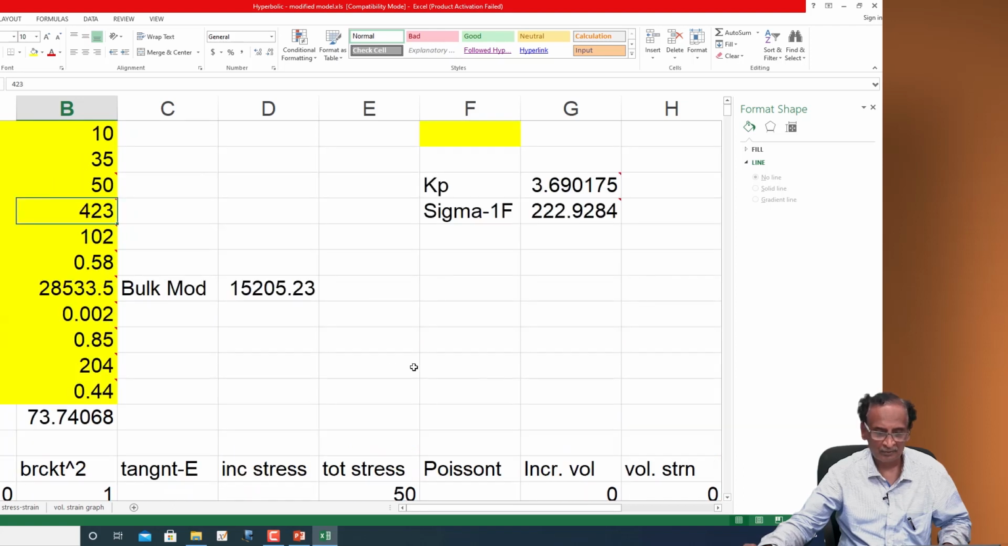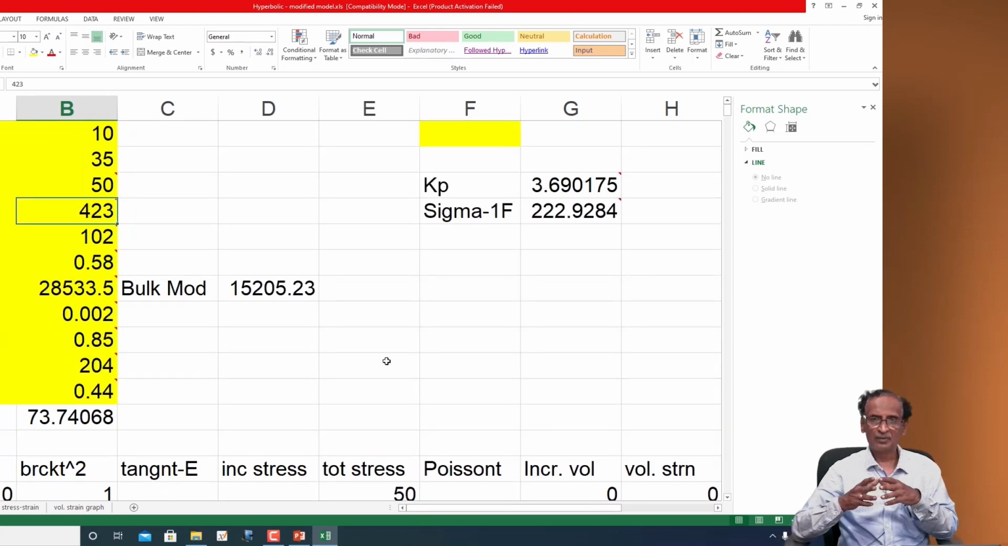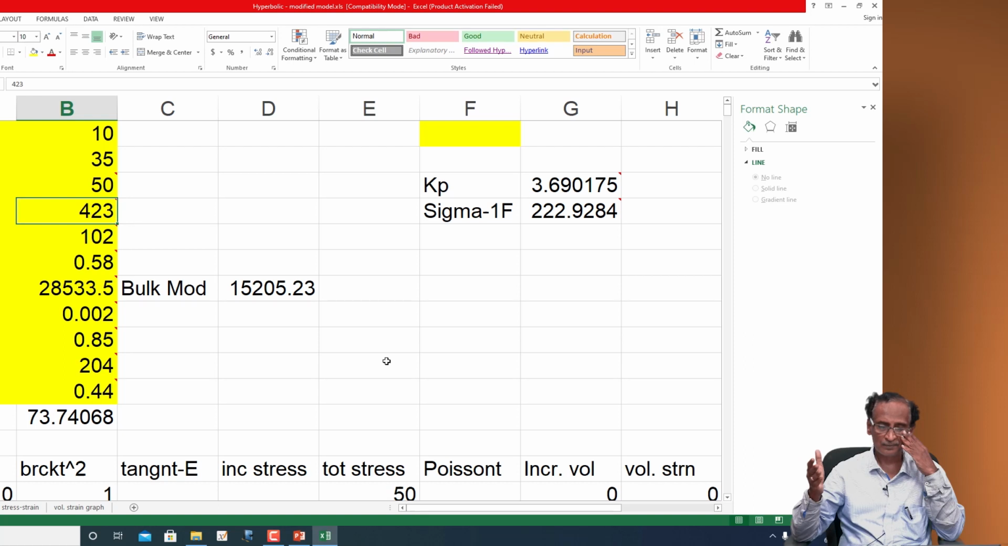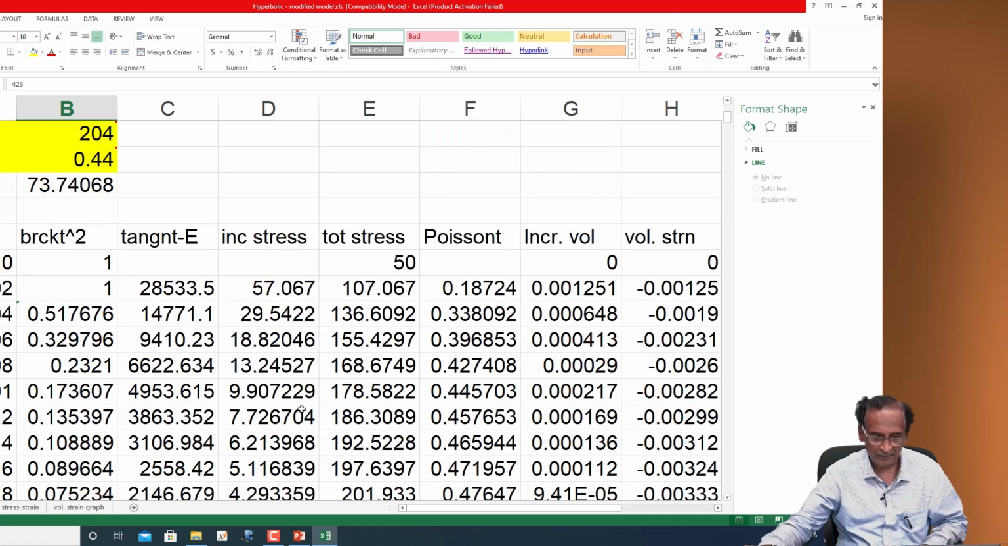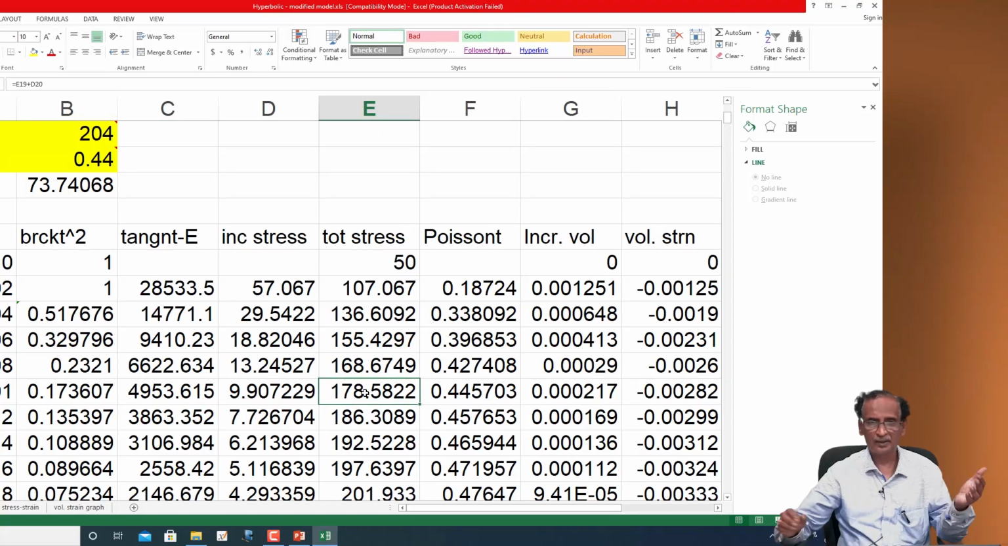Okay. So we see that this modified hyperbolic model is able to also incorporate the influence of tangent Poisson's ratio on our predicted volume changes, and towards the limit state our volume more or less remains constant. Okay. And the only thing that we notice here is that both the